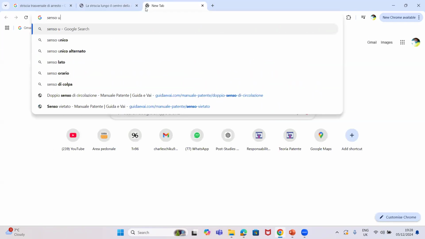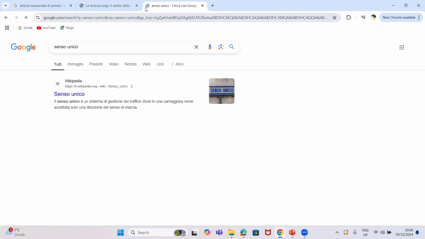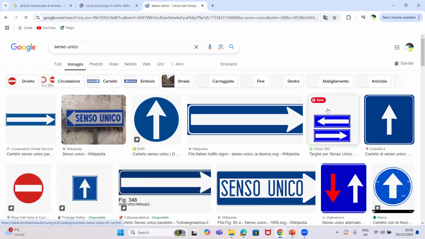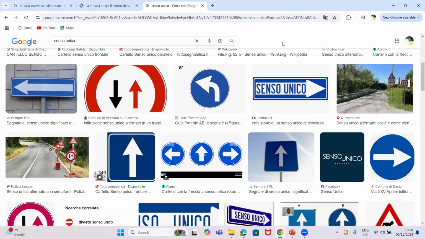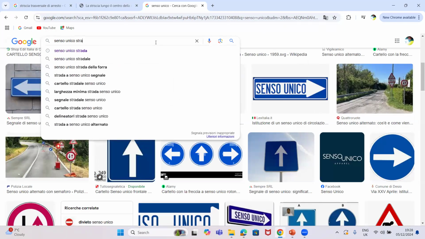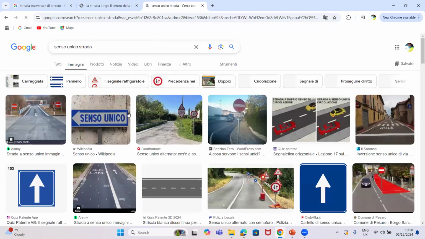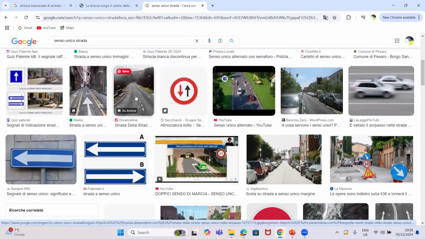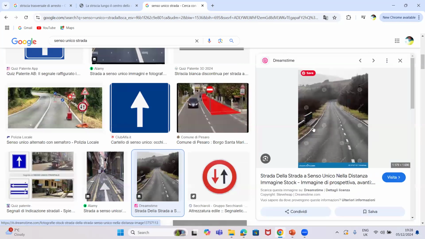Senso unico. Do you remember something like this? Strada. So we are going to introduce something else now, but by God's grace, we're not going to get confused about that thing. I want to show you something. This is a typical example of senso unico. This picture you're seeing here is a typical example of senso unico. Whenever there is a discontinuous line in the center of the carreggiata, don't forget that.